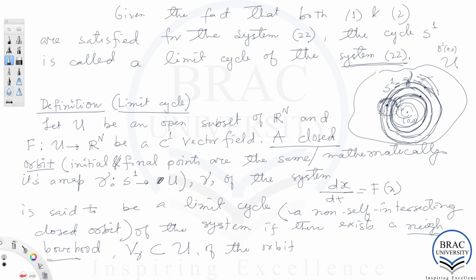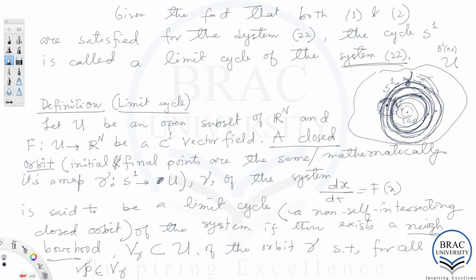Now, such that for all p in this neighborhood V gamma, meaning this annulus that contains this orbit gamma, if you pick a point anywhere from this neighborhood or annulus,